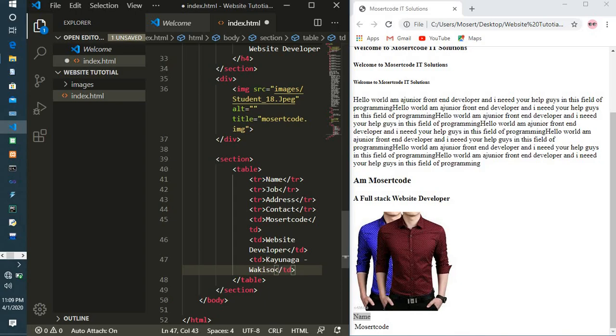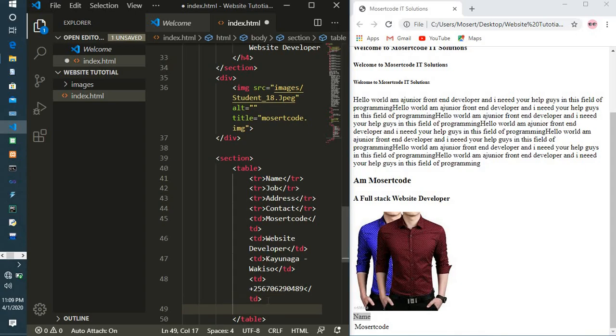So we copy also contact, plus 256 7629 0489. We have contacts here, and so if I save and I run,